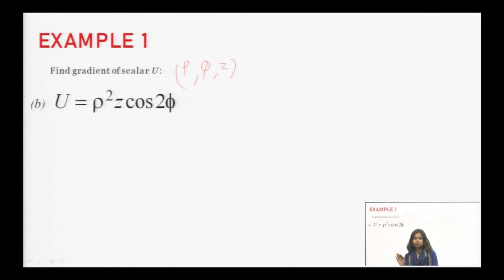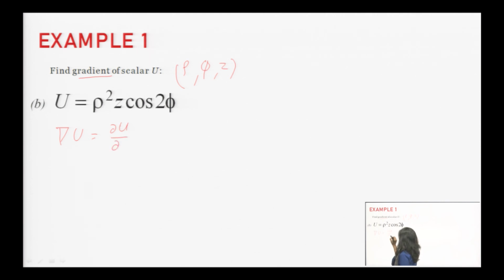If there are two angles, it means that the function is given in spherical coordinates, because anything in spherical coordinates can be represented with the help of r, theta, phi, where theta and phi are both angles. So here we have to apply the formula of gradient in cylindrical coordinates, and in cylindrical coordinates the formula for del u will be